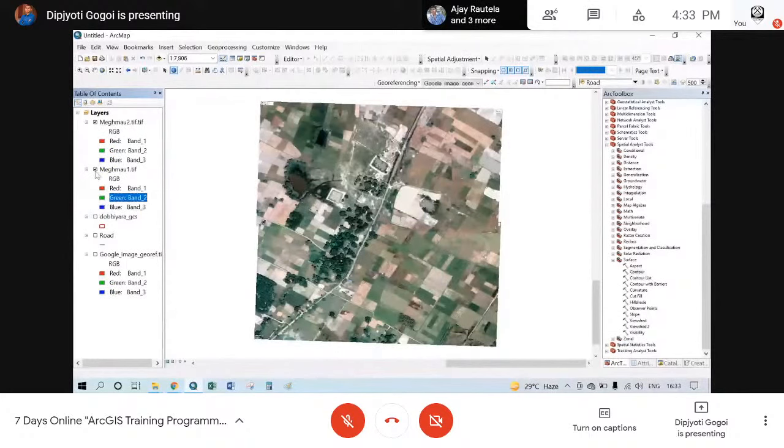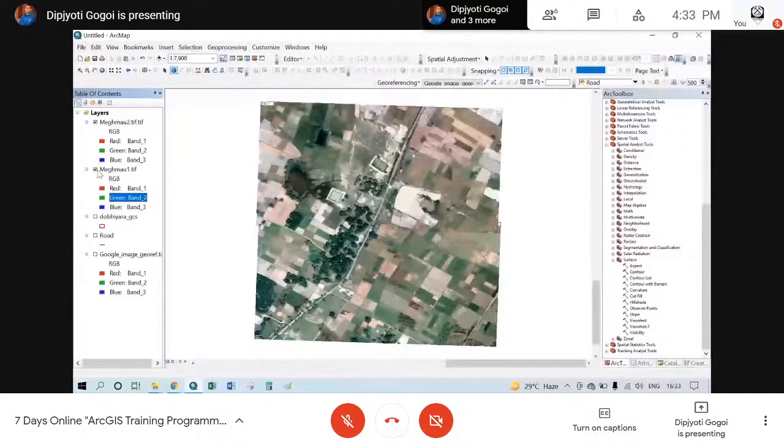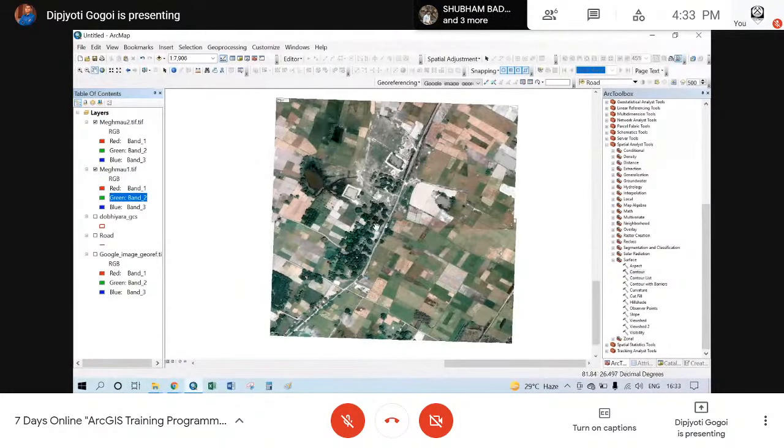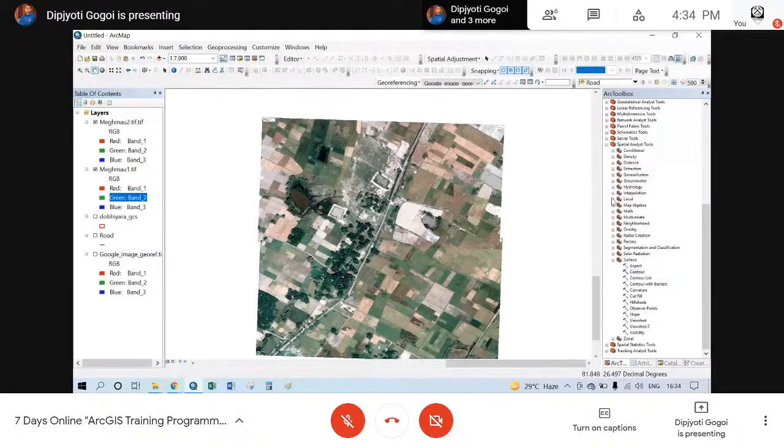Now you can see there are two images. You have to combine this image. You have to make it as one. So for that you have to go to